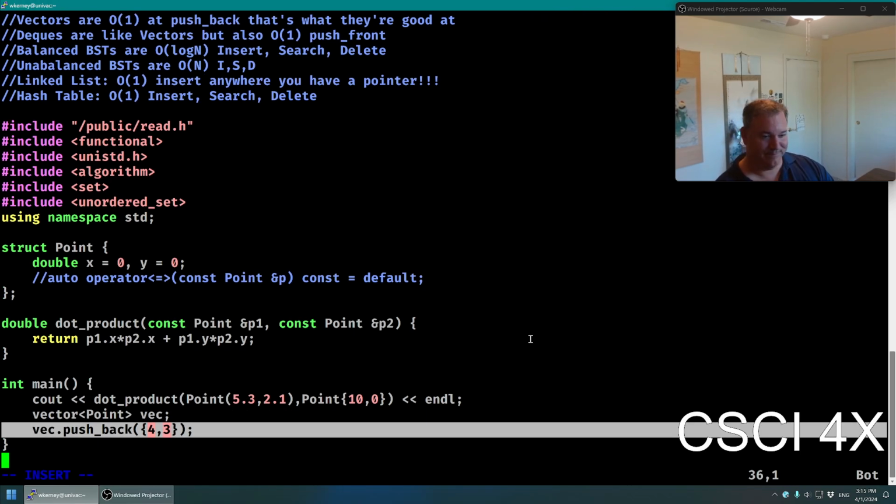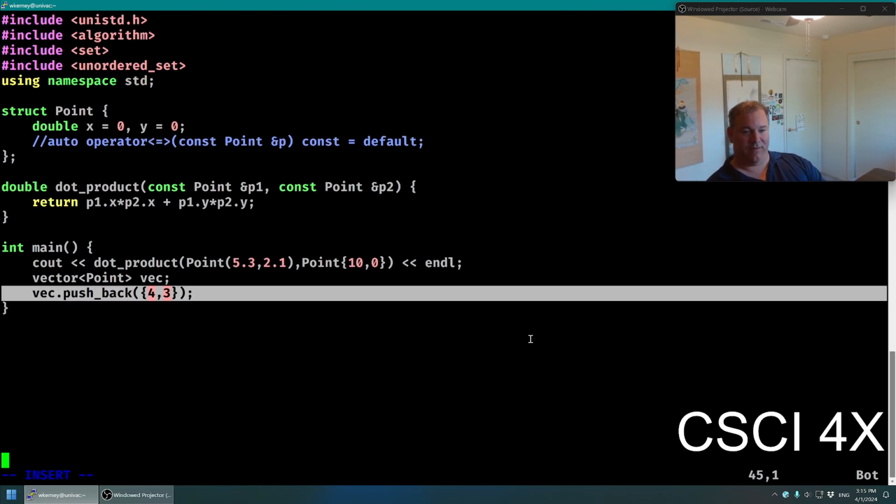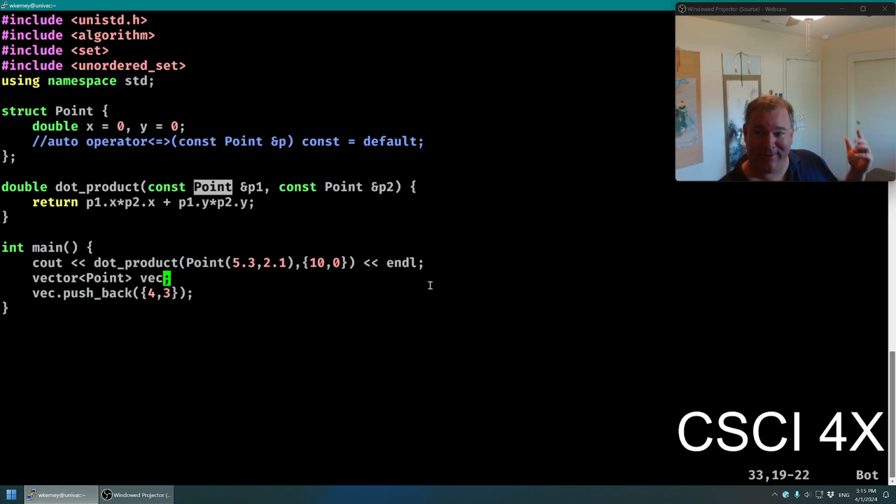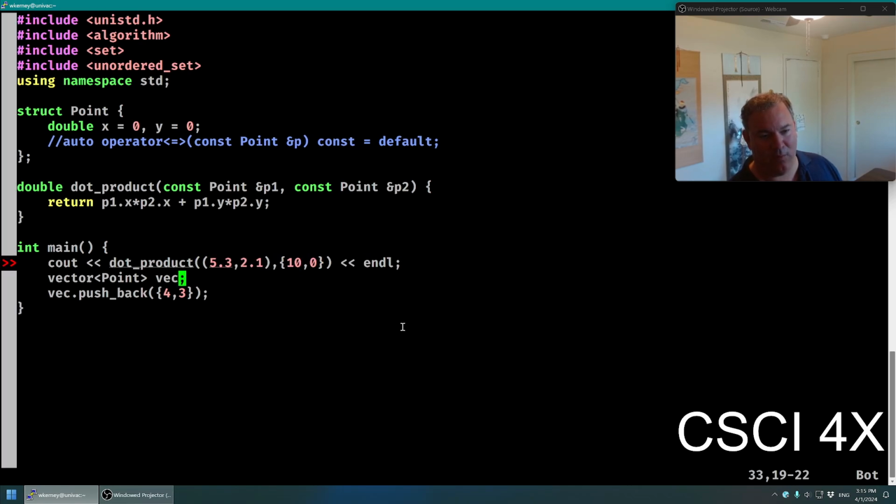You guys see that? So I don't even need to say the word point. Because in this case, we know the function parameter is point. In fact, I can come up here and just delete that, and it'll still work. Because it knows the type is point. And so when I pass in curly braces like that to it, it'll automatically construct a point for me and pass it in. With parentheses, it won't. Because parentheses are an expression, and so this turns into the number 2.1, and it doesn't convert.